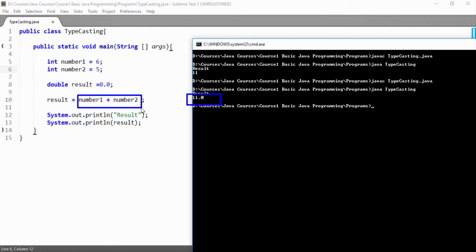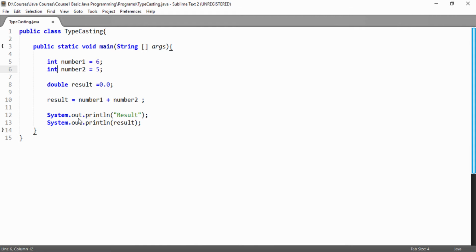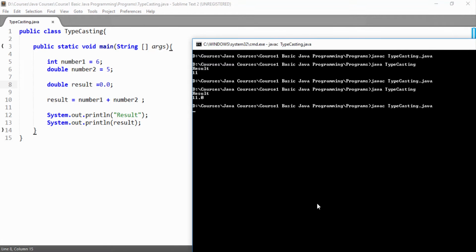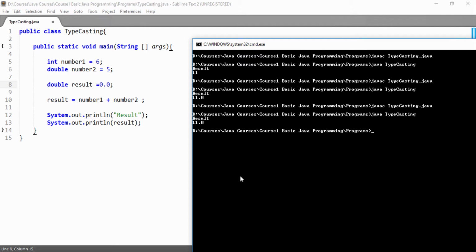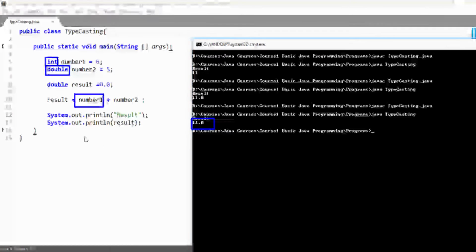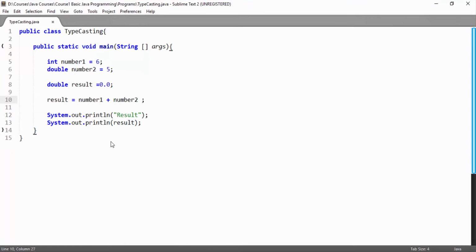Now if we have another case, for example one variable of type double and another variable of type int, let's see if we can compile it successfully. And yes friends, we have compiled it successfully. Now we will run it, and great, here you can see we have got the result. What has happened actually? First, this number 1 is of type integer. It is converted to type double. Then this double is added with the number 2 variable of type double, and their sum is saved in the result variable, which is also of type double.